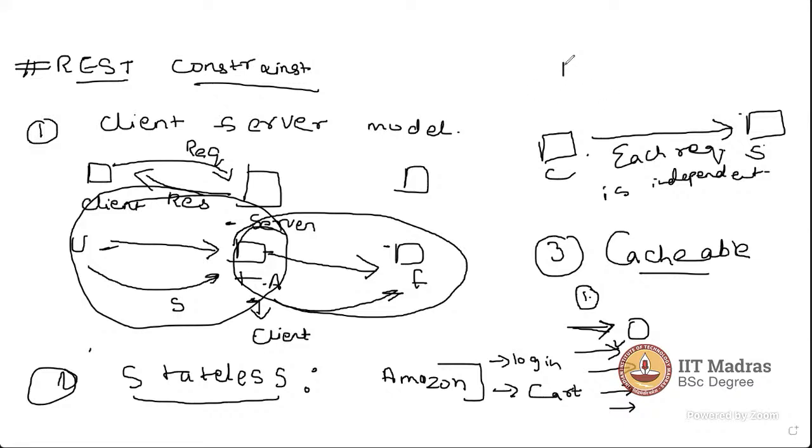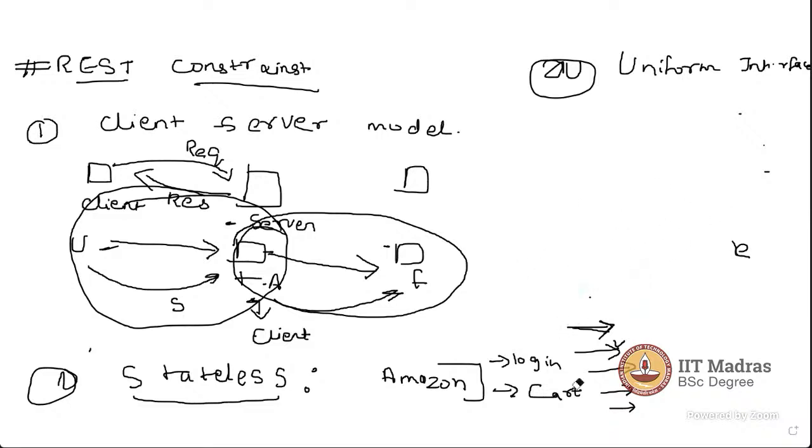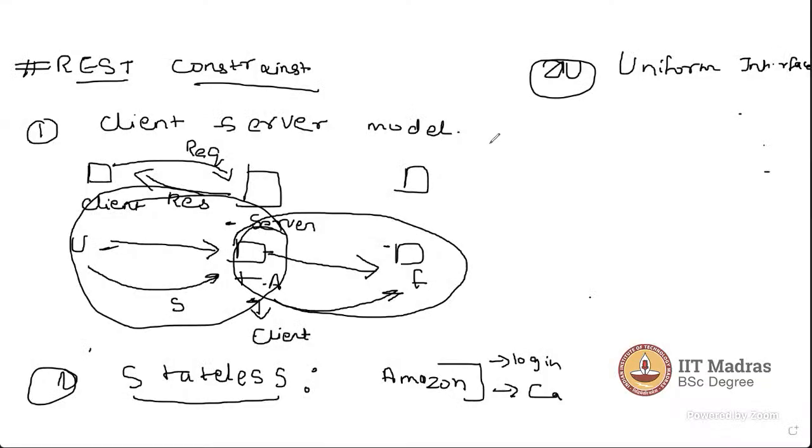Okay, so for the uniform interface. See, a RESTful architecture must have a uniform interface between all the clients and the server. What does this mean? For example,